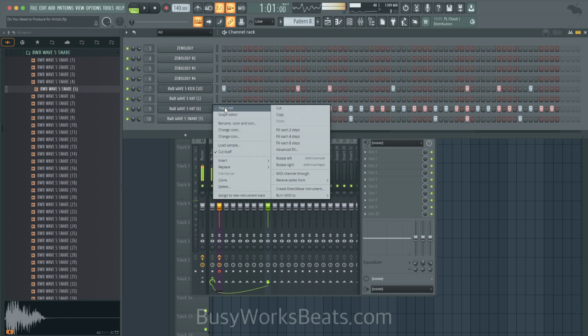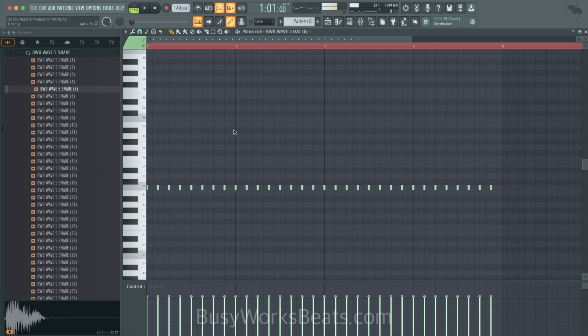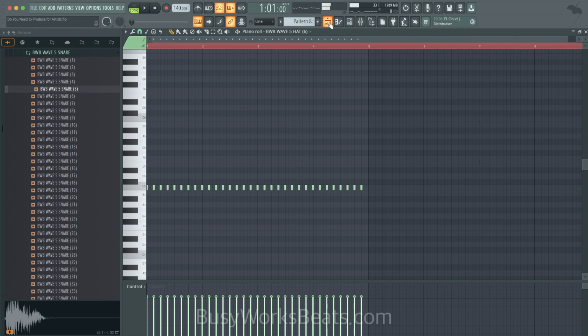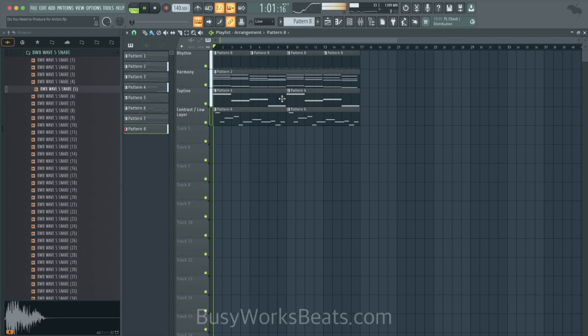And we could get more rhythmic with the hi-hats and make it faster or whatever it is. But, you know, I know I made a pretty simple beat here, but if I were to spend more time on it, that's the 4 layers to making a beat. You have a rhythm layer, harmony layer, top line layer, contrast layer. And you have to ask, where does the artist fit in? Which layer will the artist fit in?